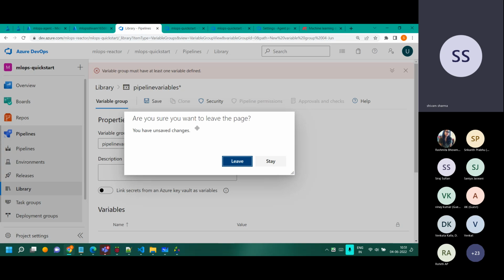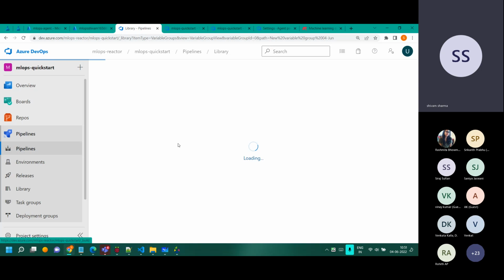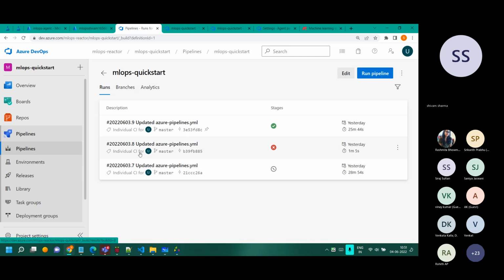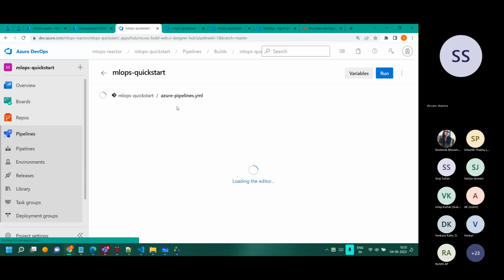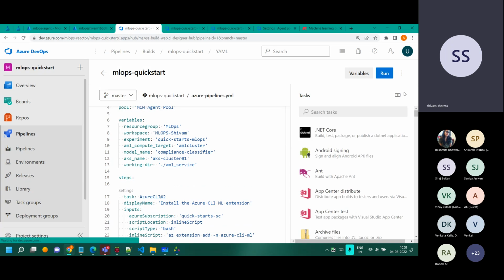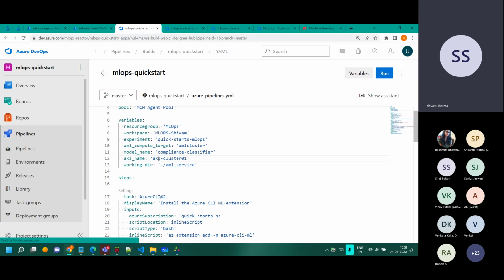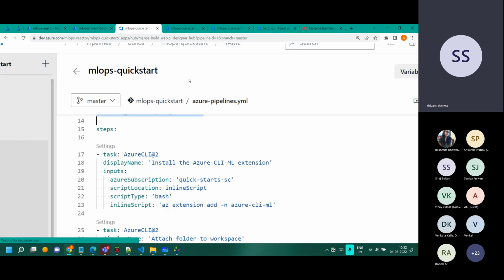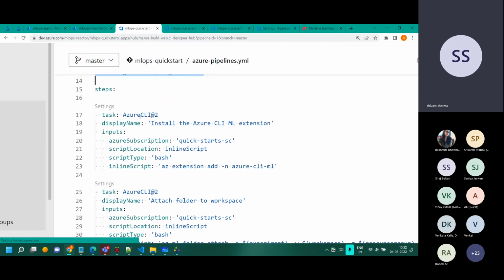Now, once you have that done, focus on this part first. Let me see, where was I? Okay, check this out. Now, the name of the Kubernetes cluster is that. The working directory is over here. This is one more thing as such. So the steps basically start from here. Now we'll just zoom in and see what we are doing here.